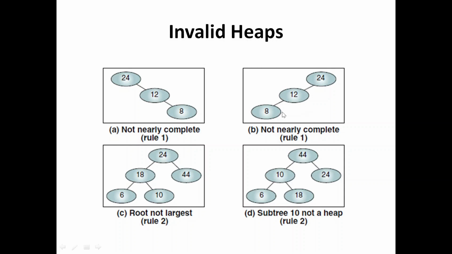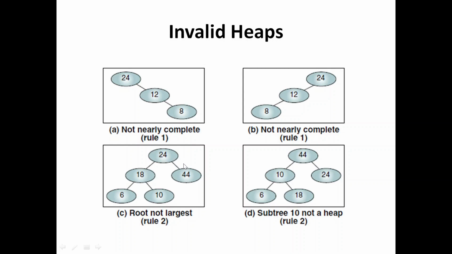And the second is also the same way. Here this one is right over height and this is left over height. But basically both are invalid. And in this particular case, this is a nearly complete tree, but what is missing is the value characteristic, the requirement of the root value being larger than the children, that is not maintained here.